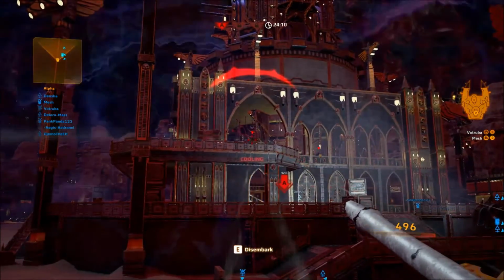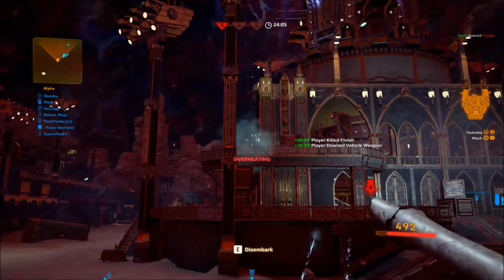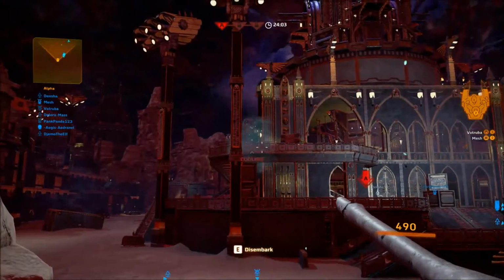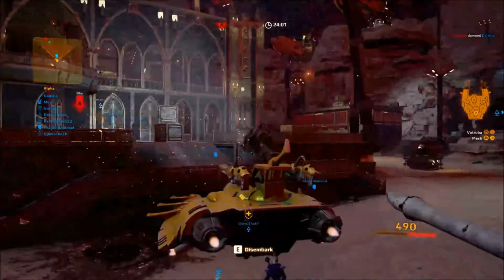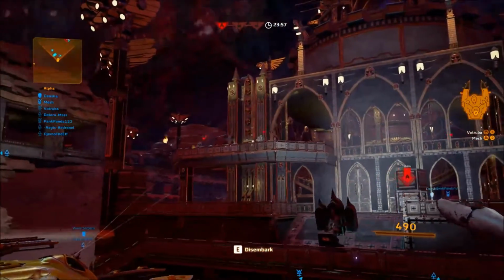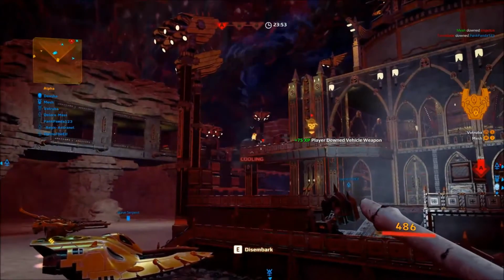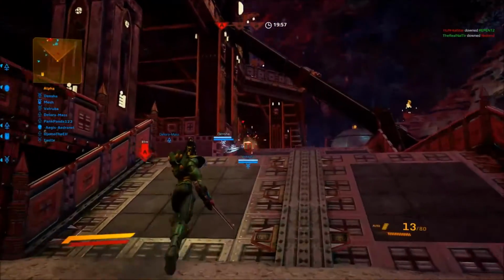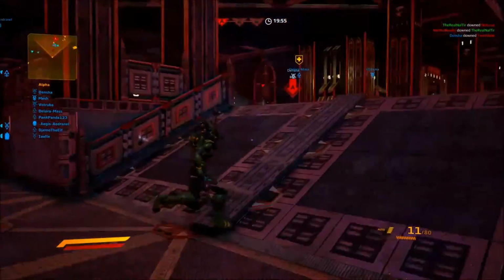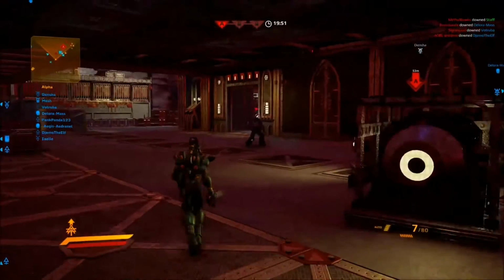Come on. Man, it's hard to line that up. Where have they gone? Oh, there's one up there. Wait! Come back. Okay, so here we go. Try and get this guy. Space Marine, shoot him a little bit. Okay, so let's try and see if we can do some...